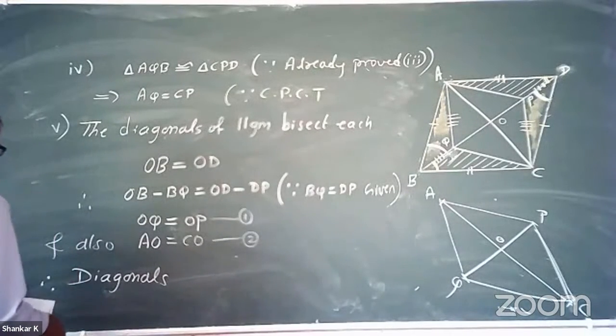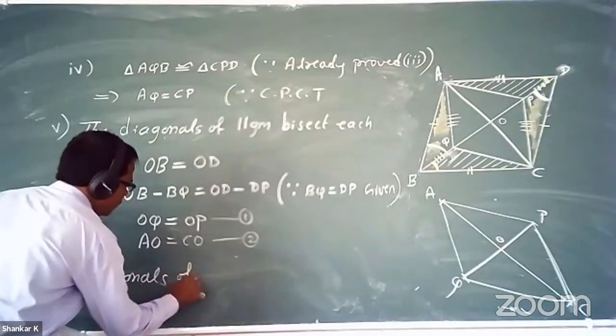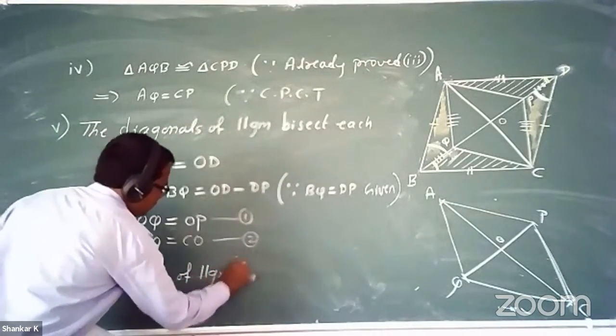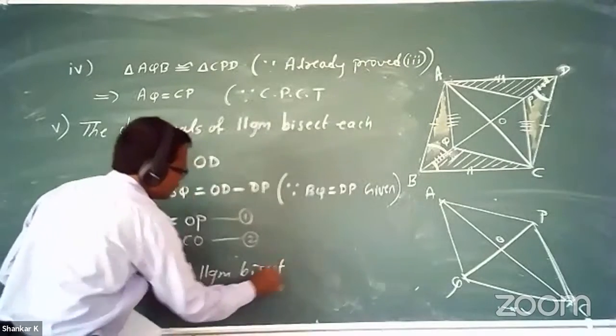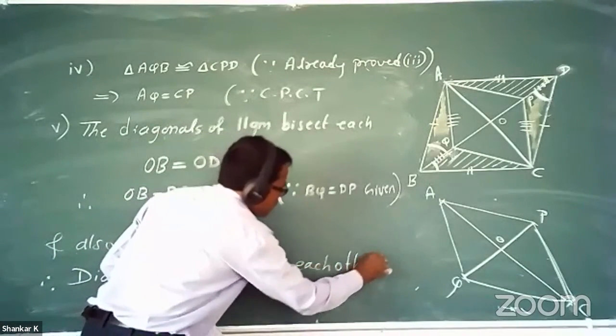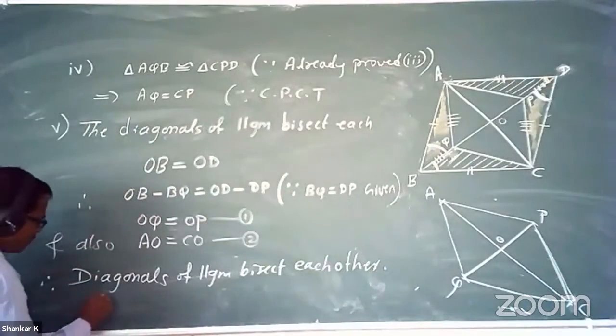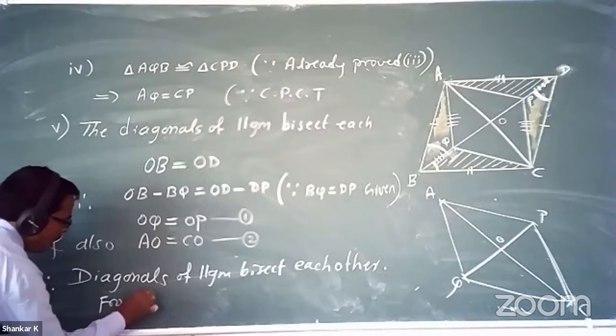Why? Because the diagonals of a parallelogram bisect each other. We know diagonals of a parallelogram bisect each other. Therefore, from 1 and 2,